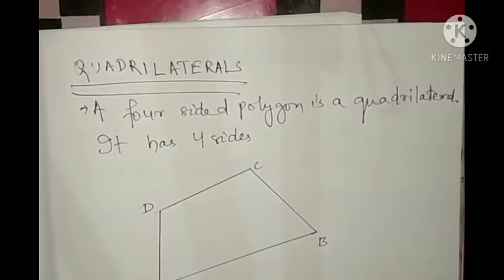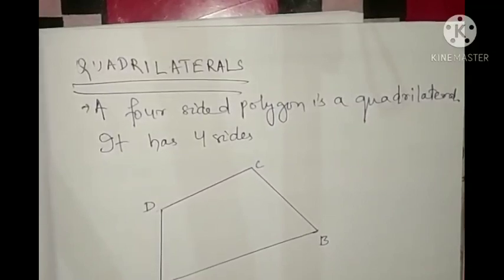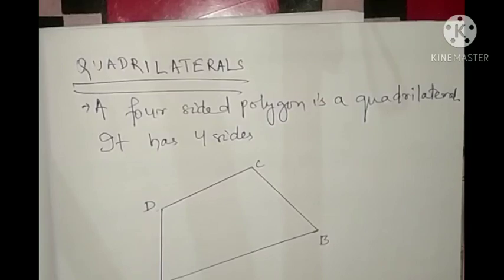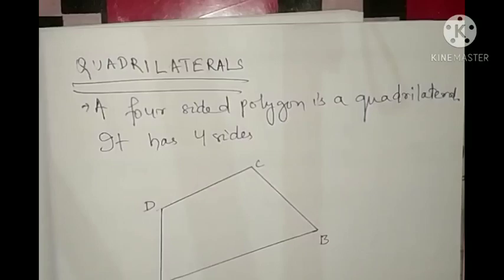So today we are going to study about the new shapes, that is quadrilateral and circles. Till now we have studied different types of shapes. We have studied point, line, line segment, ray, parallel line, intersecting line. Then polygon, curve shape, curve line, all these we have studied. So now we'll study about quadrilateral.